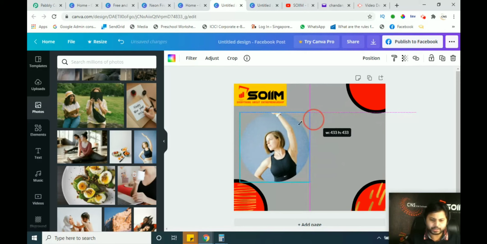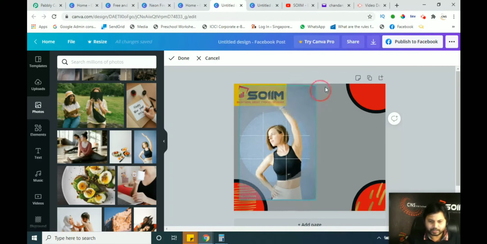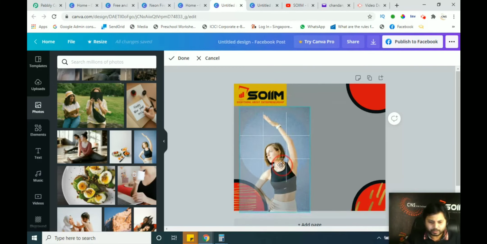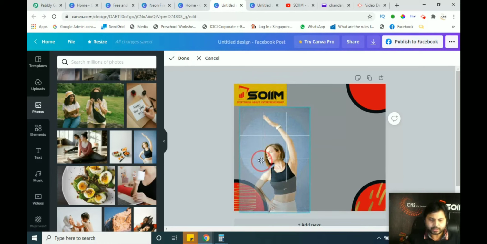We can see here the hand is going upside, so you can choose accordingly how you are going to choose this part here. You can just simply click on the image part. Try to drag and see if the image can go smaller, but here the image can't go smaller because it is the minimum size which Canva has given. So you have to simply drag the images as per your requirement. This is the only option we can do here.